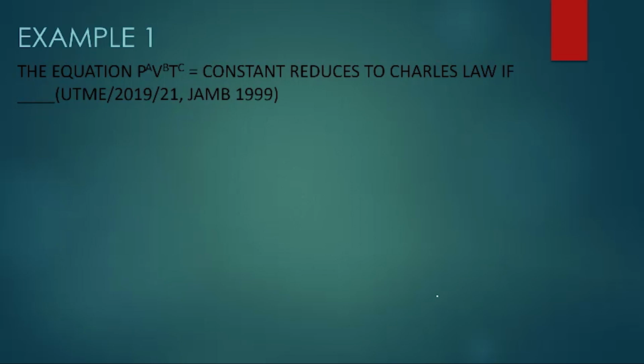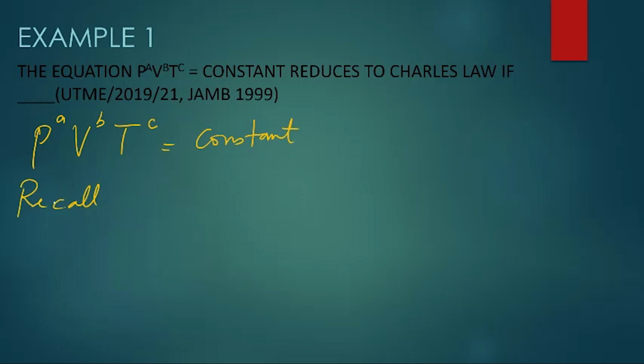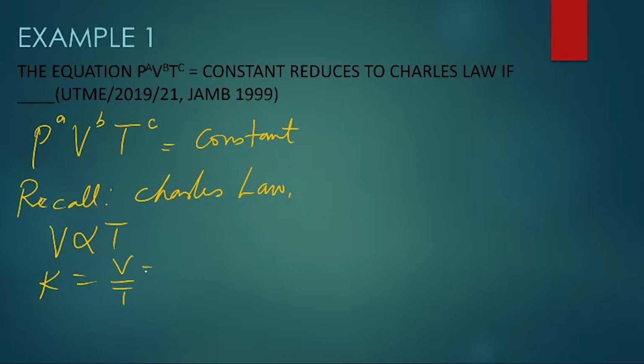Now we are given the equation P^a V^b T^c equals constant, reduces to Charles' law if, remember, or you can recall that under Charles' law, the volume is directly proportional to the temperature, and therefore the constants will give you V over T, which is still the same thing as V1 T raised to the power of